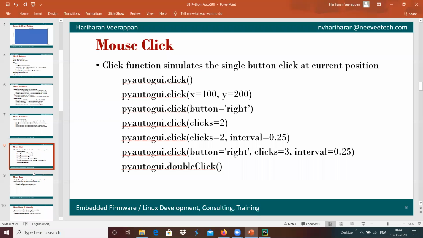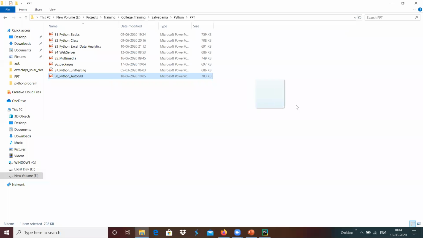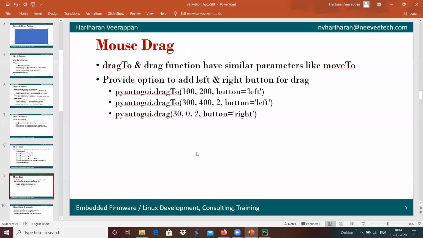And if suppose we wanted to drag the mouse, for example, we will use drag and drop somewhere. If we wanted to create and test automation for the drag and drop functionality of a GUI application, it has to be validated with the help of drag to, or drag drop.